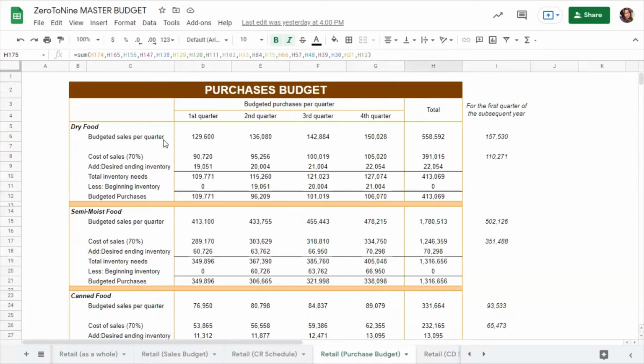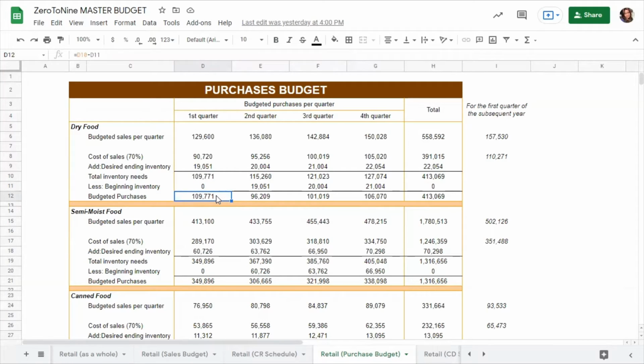As you can see, the same formula and same process will be applied. Cost of sales, add desired ending inventory to get our total inventory needs, less beginning inventory to get our budgeted purchases. For the first quarter, our cost of sales is 90,720, which is 70% of our budgeted sales for that quarter. We add the desired ending inventory, which is 30% of the next quarter's cost of sales, to get our total inventory needs. Beginning inventory for the first quarter is zero, since this is the first year of operation. Thus our budgeted purchases for the first quarter is